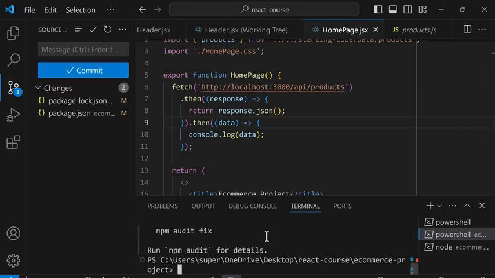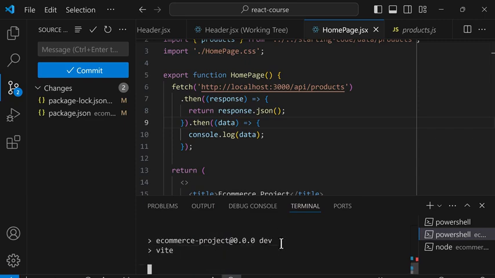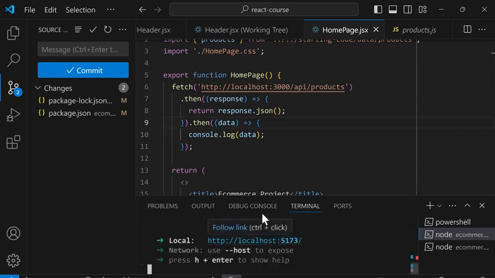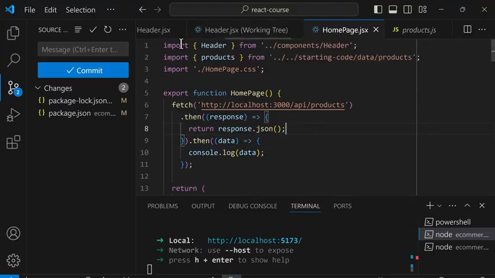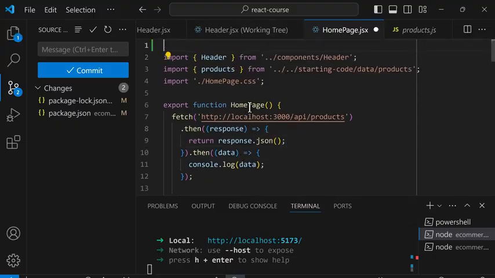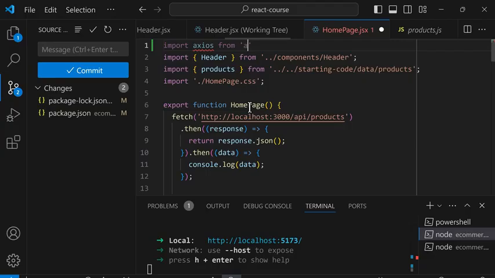Once that's installed, we're going to run npm run dev to restart the Vite server. And then to use Axios in our code, we're going to go to the home page, and at the top, we're going to import Axios without curly brackets from a string Axios. And now, instead of using fetch, we're going to use